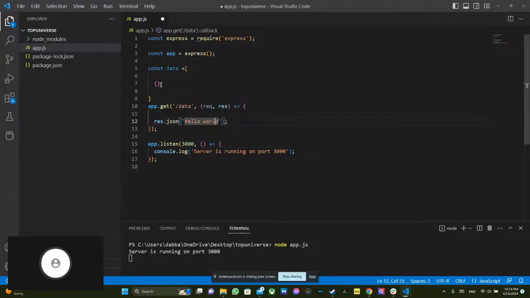So, let's continue building our small data so we can play with it. So we would say ID is one, name